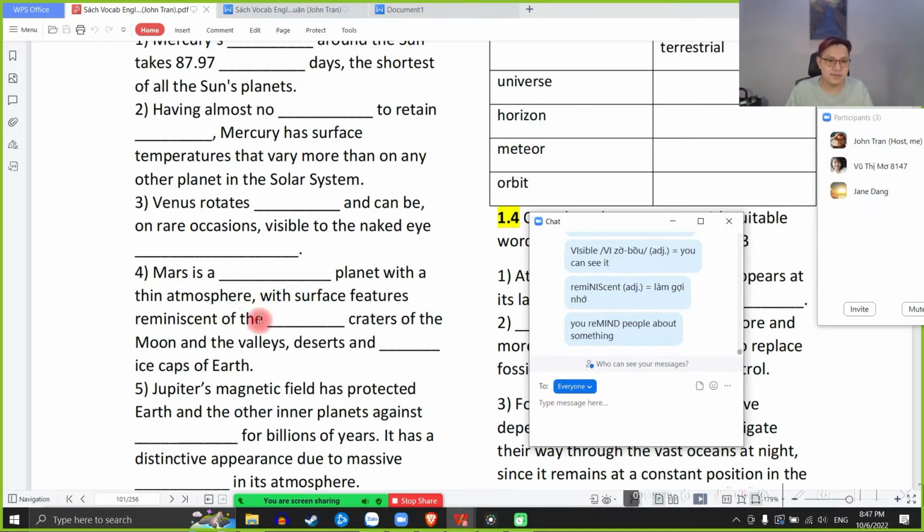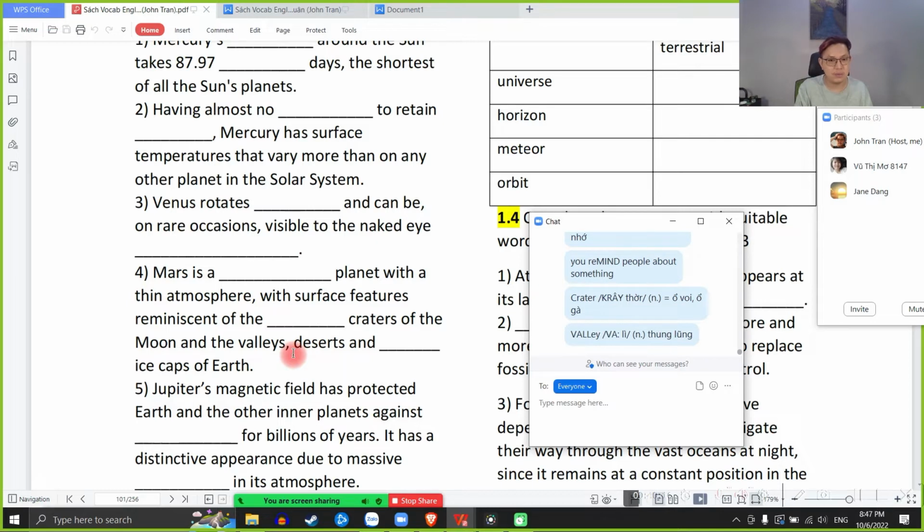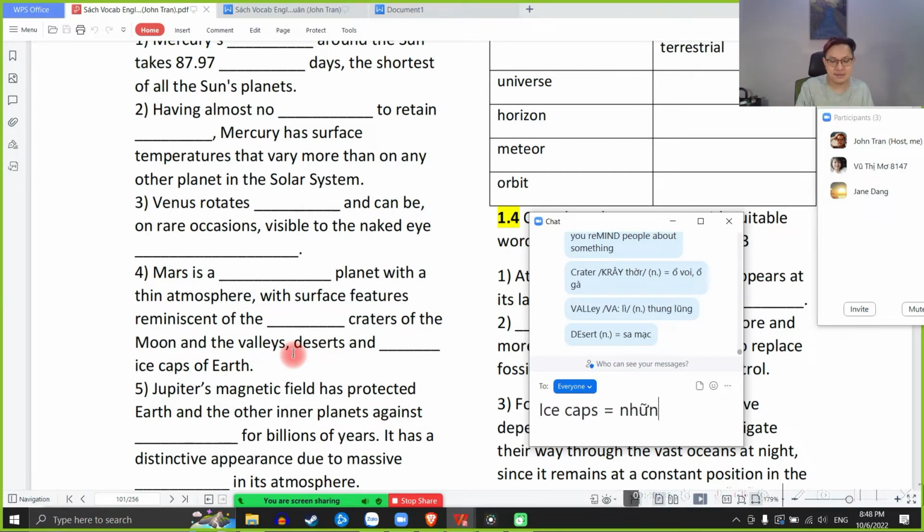With surface features reminiscent of the something craters of the moon. We have the word crater. A crater is basically ổ voi, ổ gà ở trên trái đất á, ở trên mặt trăng á. And the valleys, và những cái valley, thung lũng, giống những thung lũng. Desert, hoang mạc hay sa mạc, và cái gì đó trên trái đất. And something ice cap of Earth. Ice cap, những tảng băng